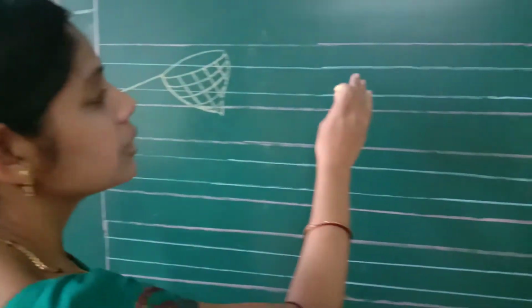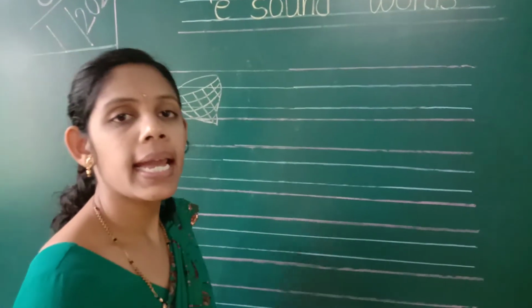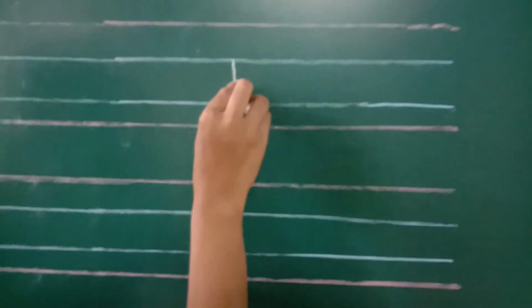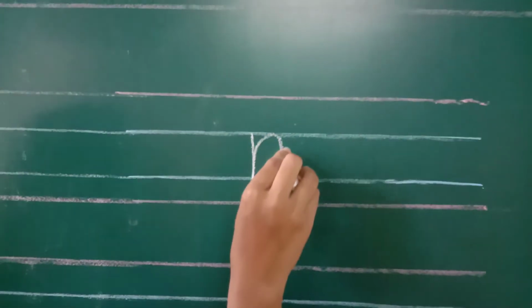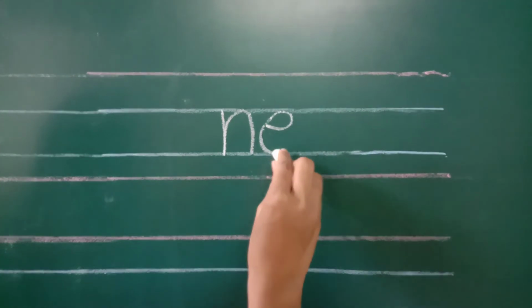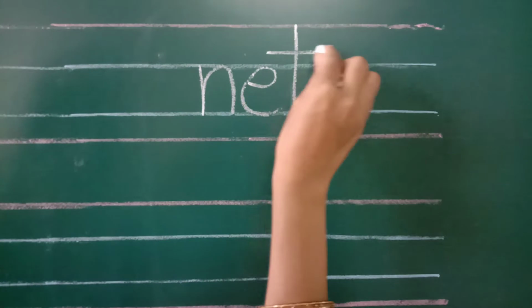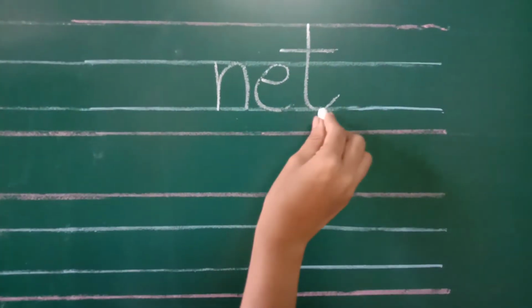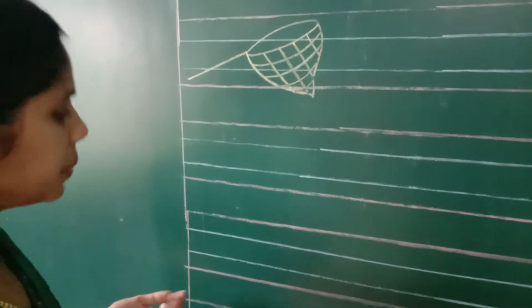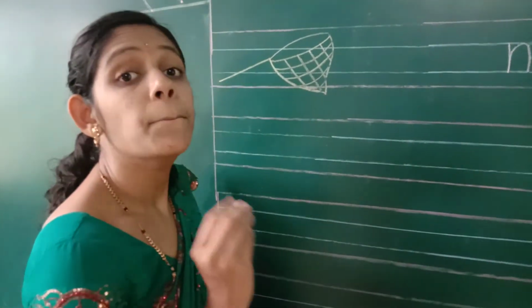In front of that picture we are going to write its spelling. So what is the spelling of net? N-E-T, net. So a little bit of space, write down in between 2 lines N, in between 2 lines E, start from pink line to blue line T. Repeat: N-E-T, net. Okay student. Now the next picture, that picture we are going to draw here, the picture of pen.